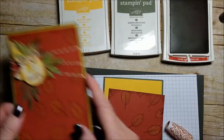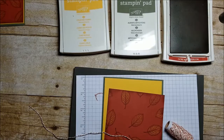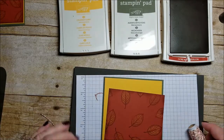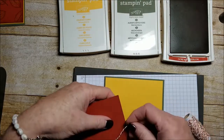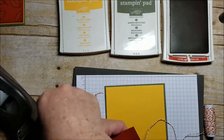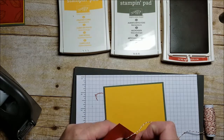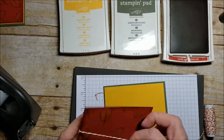around here, like it is on this sample card. And I need some Scotch tape. I know I use a lot of Scotch tape, but it's cheap and it holds stuff down, right? Okay, so you're gonna pick a point that you're gonna start. Right here is where I'm gonna start. I'm taking a piece of Scotch tape,